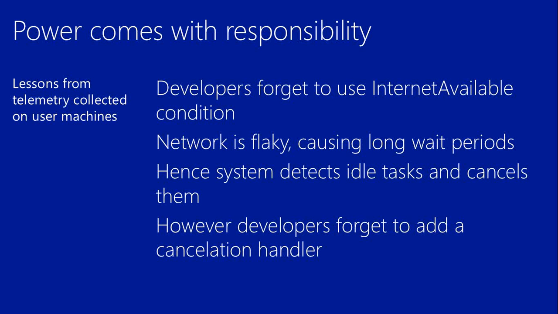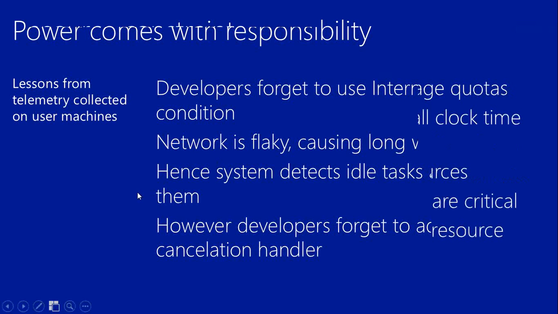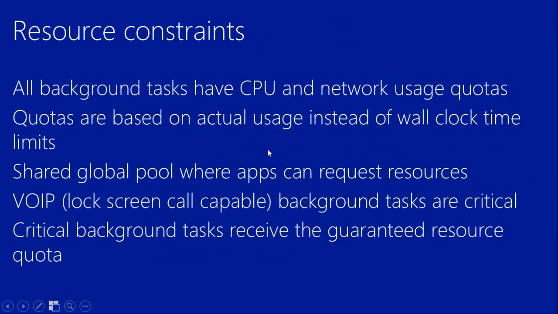Remember, I told you this is a common gotcha: put close and put a cancellation handler. If developers forget to add the cancellation handler, then the app might unbind improperly and might corrupt some data. So two things: first, don't forget to give the proper conditions to run for your background task. Second, always mention the cancellation handler. Never forget to put the cancellation handler, because there may be scenarios which